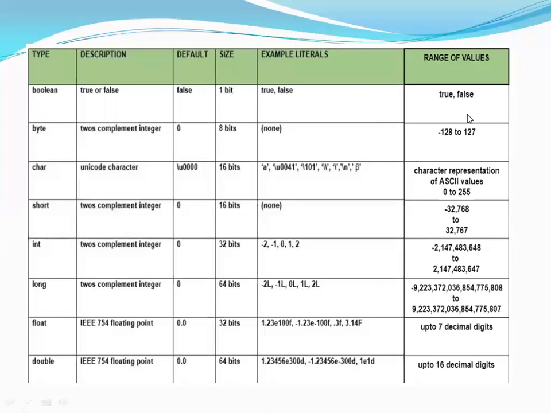These are the sizes, the range of values. Boolean is 1 bit. 1 bit means only 1 bit of size. So you know bit and byte, right? You can go through it once, that is the operating system understandable language, and then you will understand what is a bit and a byte, what is zeros and ones, and machine understandable language.